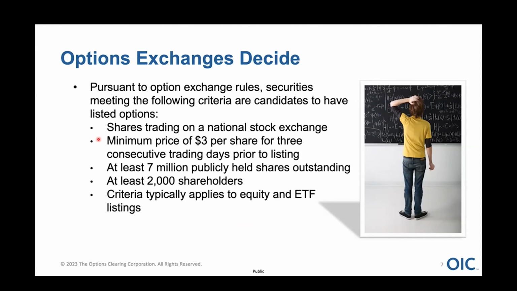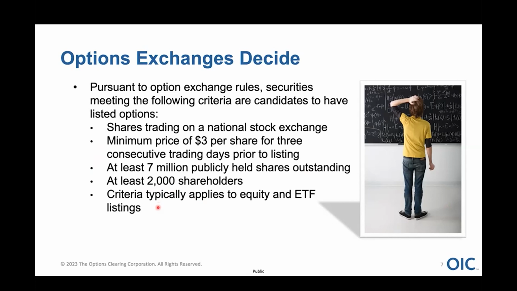There must be a minimum share price of $3 per share for 3 consecutive trading days. There has to be at least 7 million publicly held shares outstanding, and that excludes directors and 10% holders. There has to be at least 2,000 shareholders in the company, and this criteria applies both to equity and ETF